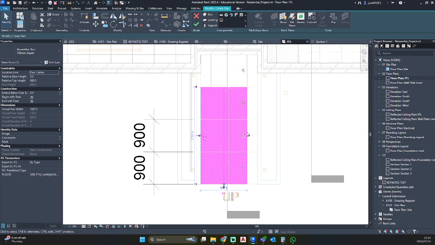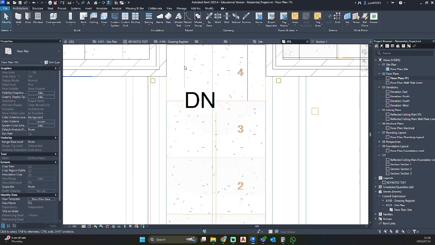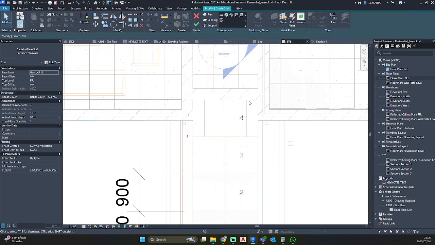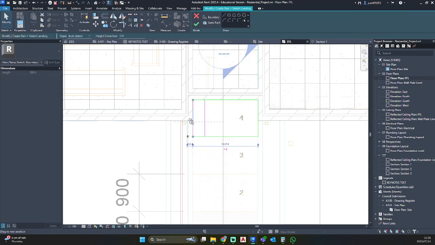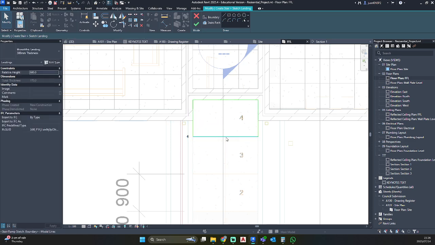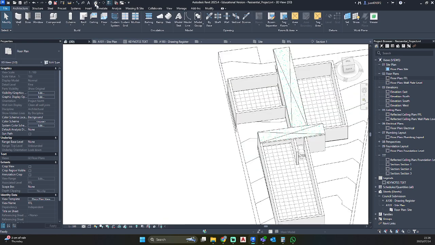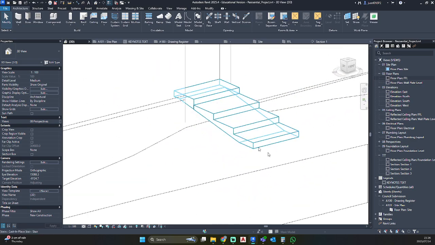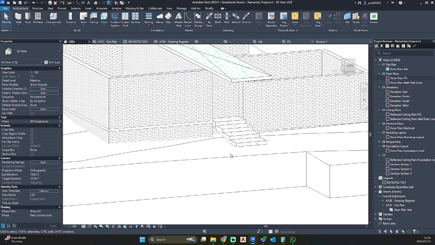So I want that one there, and this one I want there, and then we will press OK. Okay, edit the landing, Edit Sketch, and drag that into place, and just Finish Edit, and we can go into 3D. There is our entrance staircase that we have created.